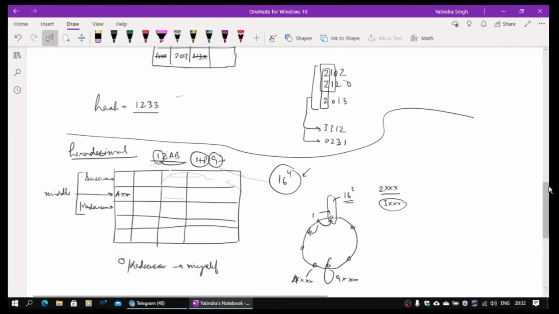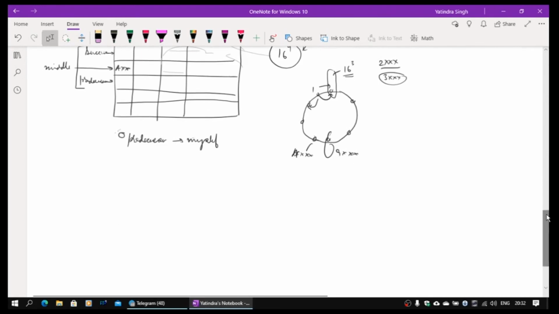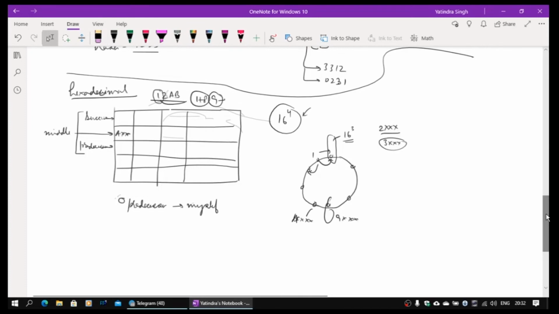So let me take, with I think very few examples, how this actually happens. So let's take a node, say, I have already taken a node 12AB. Okay, so 12AB has already been taken. This is the first node. So let me take another few nodes, and then I can maintain the tables. This is the node 1.